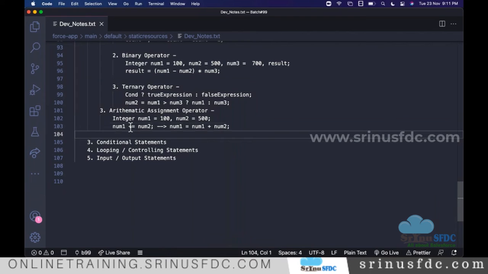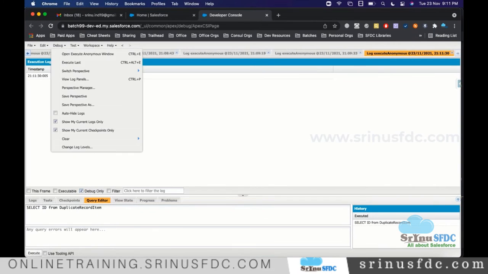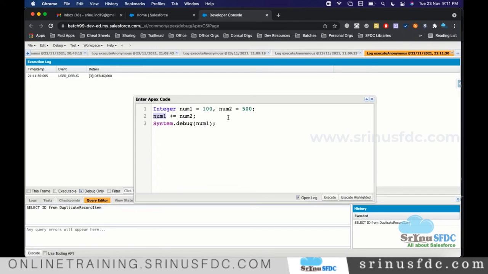Instead of plus, you can also use minus or star, whatever you want. When I use the division operator, what is the meaning? Number 1 is equal to number 1 divided by number 2. 100 by 500 will be 0 because it is an integer, and an integer won't hold decimal values.